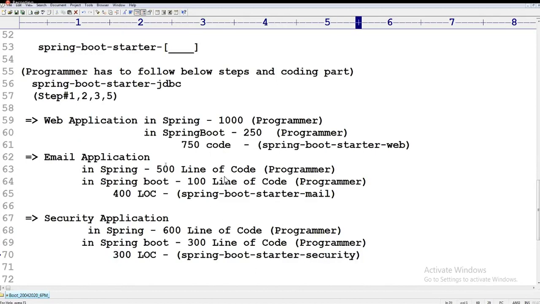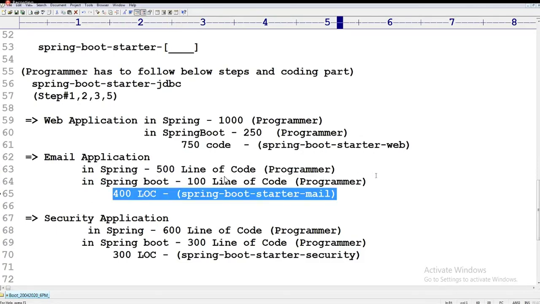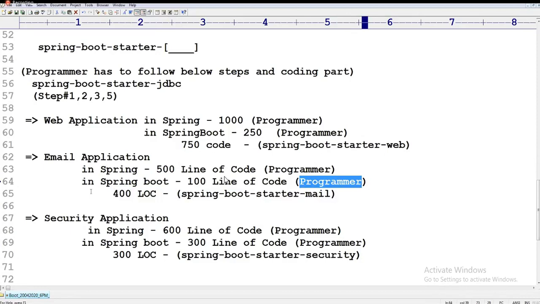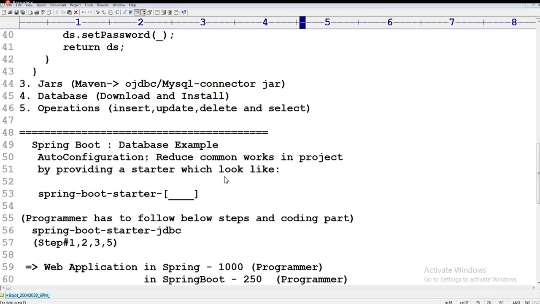These numbers are just dummy numbers I'm giving for your understanding. Sometimes it can be more than this or less than this, but understand that in Spring, complete lines of code are written by the programmer. Coming to Spring Boot, common lines of code are given by Spring Boot, and other lines of code are given by the programmer. That common code you need to write as a line like this. This concept is actually called auto configuration.